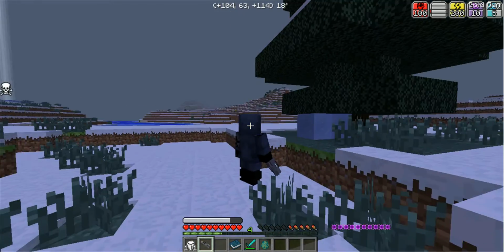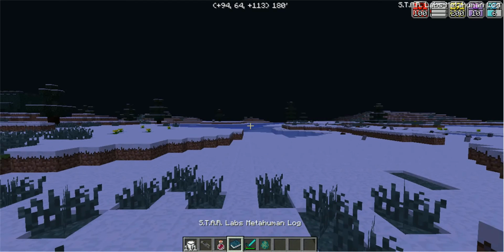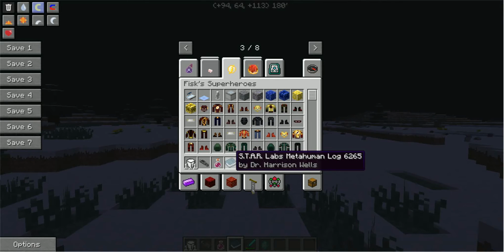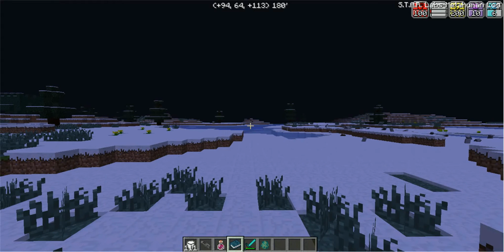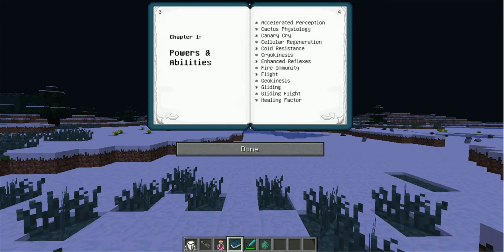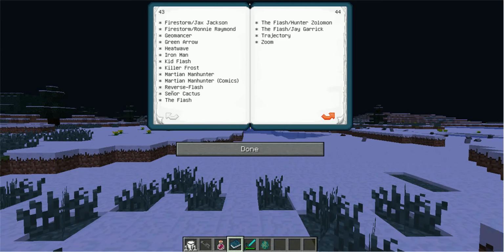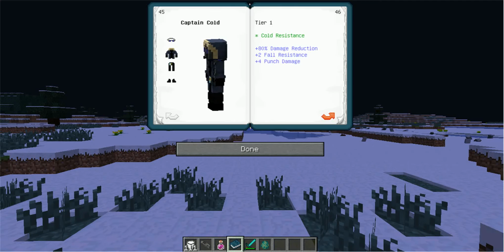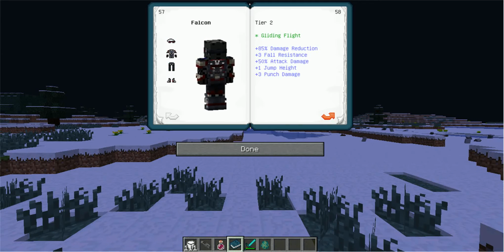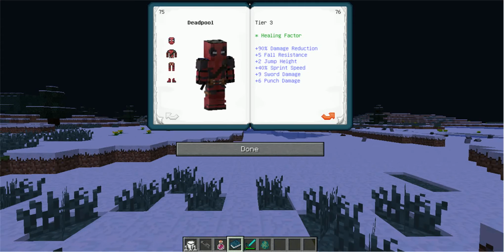I mean, also, 3D models. I love it when they add a 3D model in. Then there's also this book, The Metahuman Log. It will be your help. It will show you all the different characters, all the powers and abilities. I mean, every character, and it will go through them by tier. Captain Cold, Heatwave, Tier 1, Ant-Man, Arrow, Black Canary, Dark Archer, Falcon, on and on and on, till you get to, I think,